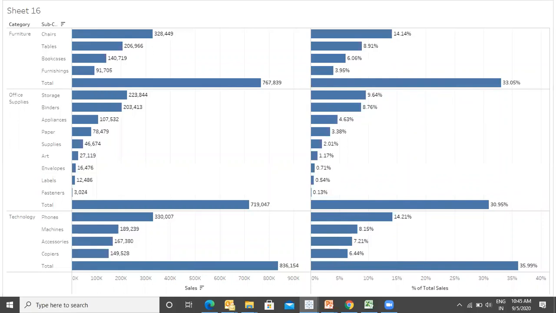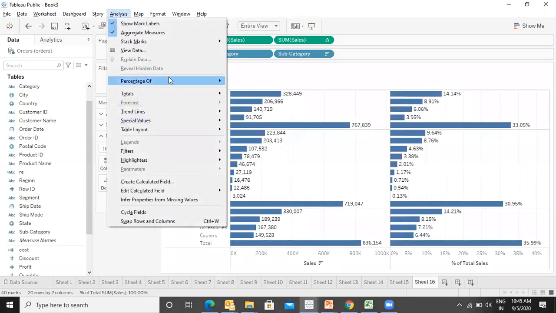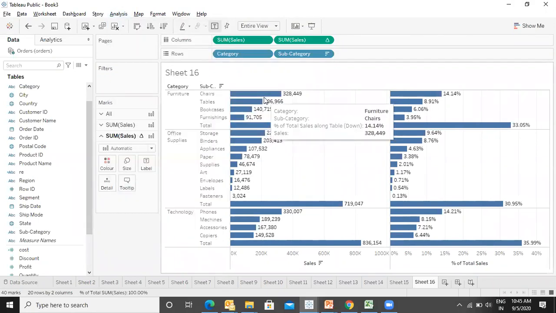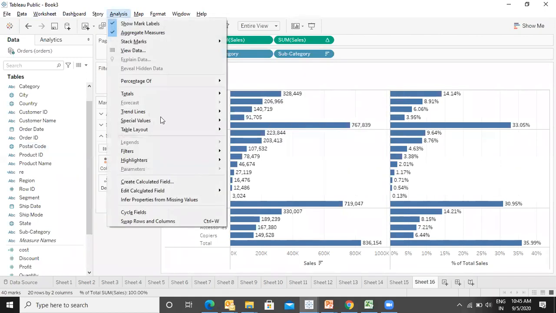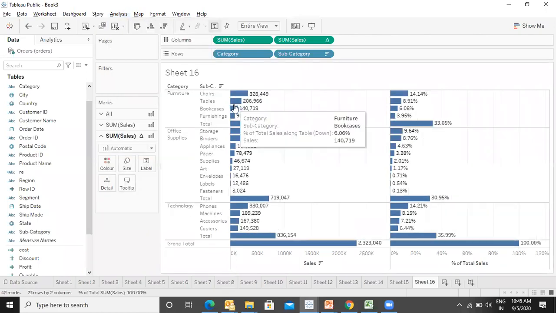So if the overall is, this is the overall. Let me see if I can display that as well. Analysis, totals, show. Yep. Here you are getting it.